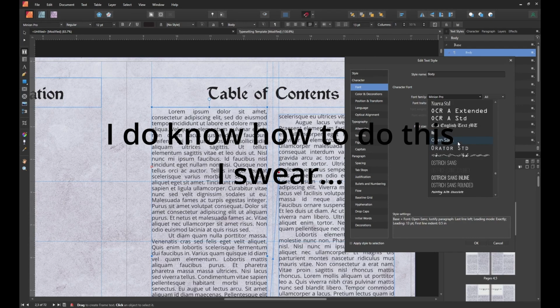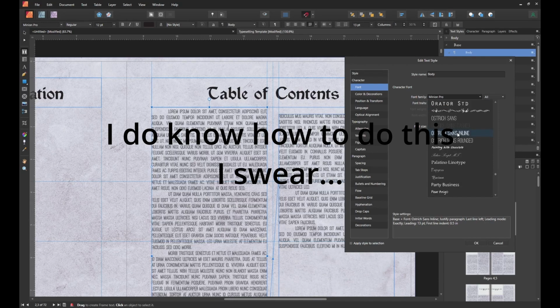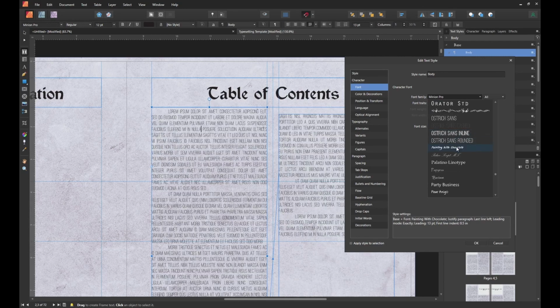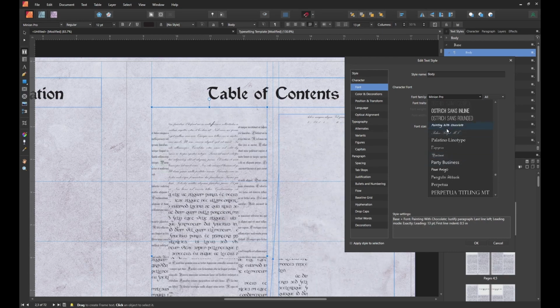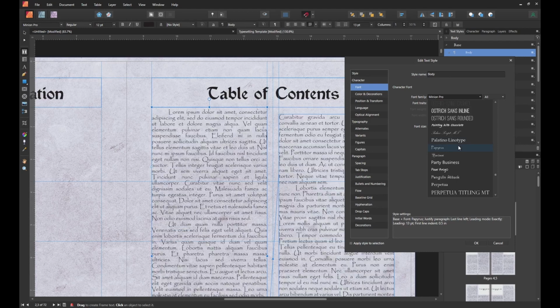If you're doing something that's just going to be viewed on a screen and never in print, using a sans serif font might actually be easier. Sans serif fonts are oftentimes used in things like web design, and they are easier to read on a screen versus trying to read them on paper. If you're trying to read something on paper, you're going to want a serif font like Palatino Linotype,